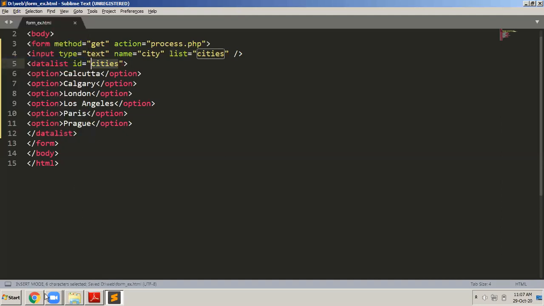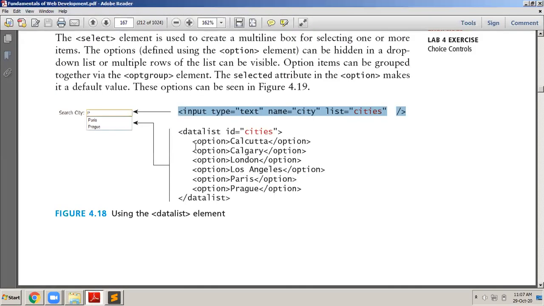So file, save, I come here, I refresh this, and you can see a text box. Now when I click on that, you get an option, so I can select any one of these. So this is like a combo box only. One more good thing is that as and when I'm typing here, automatically from the drop down I get all the matching options. Very nice. This is something which I also had not used before.